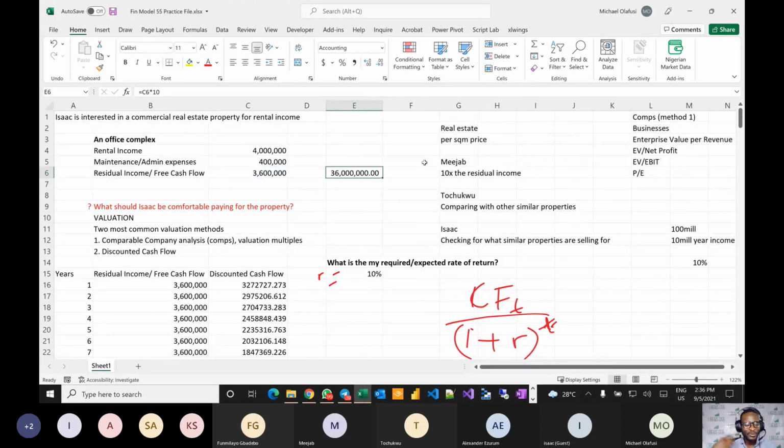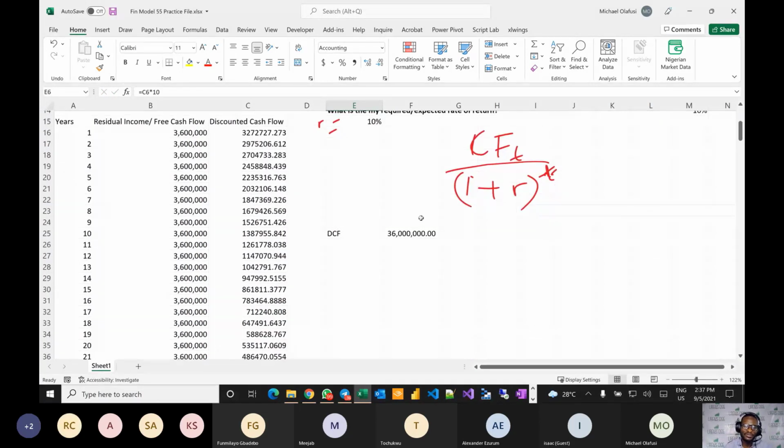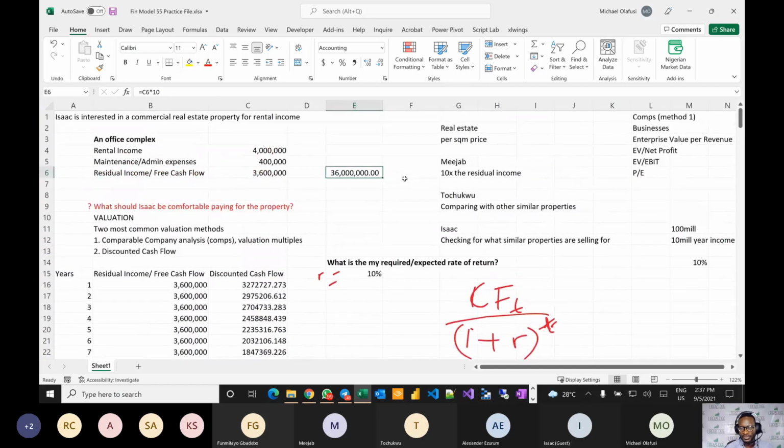So that's why I say that what you already do in your head is the very same thing we are doing, but we are just using some formulas that sometimes when you look at them, you begin to think about them as really complex or way out of what we do in real life. No, these formulas help us to be able to handle all kinds of situations. Yes, Mr. Mijab does not have too complex a scenario. As far as he is concerned, he wants 10 times the residual income.